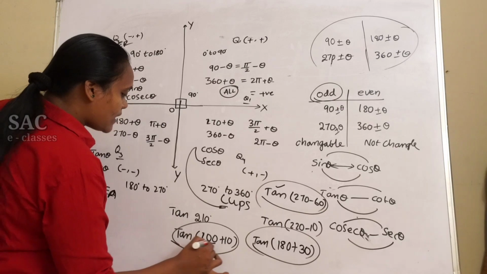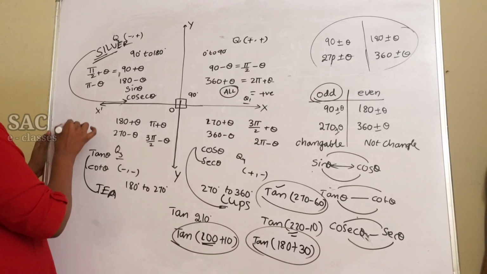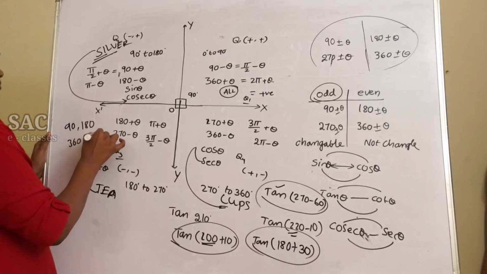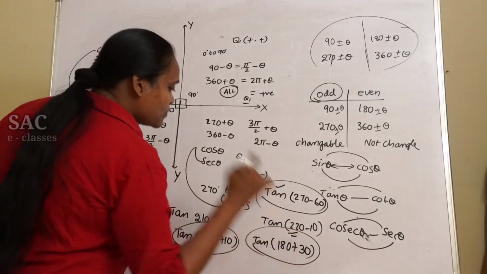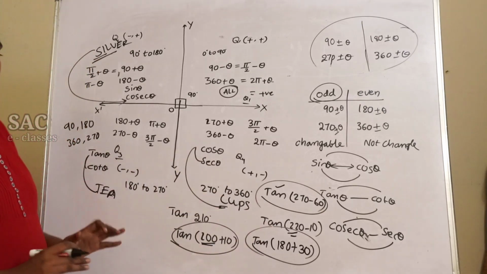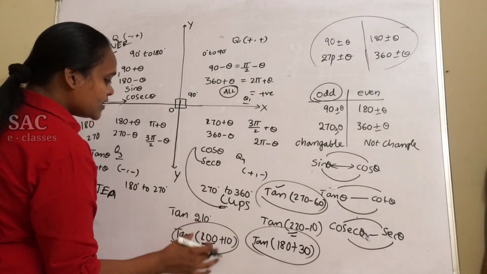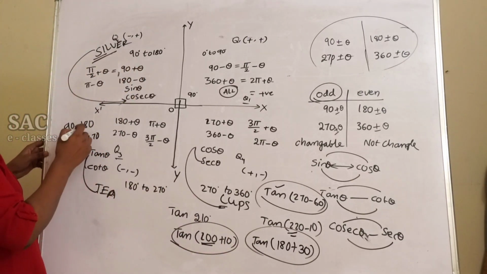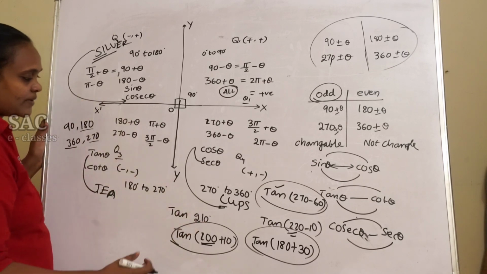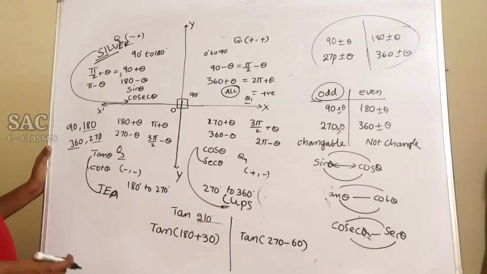The remaining values are not structural angles. Which are the structural angles for us? 90, 180, 360, 270. But not 200, not 220. These are correct, but they are not in structural form. So when you want to find any value for tan 210, express it as the sum or difference of a structural angle and any other measurement. So I am leaving only this and this, the rest I will see later.